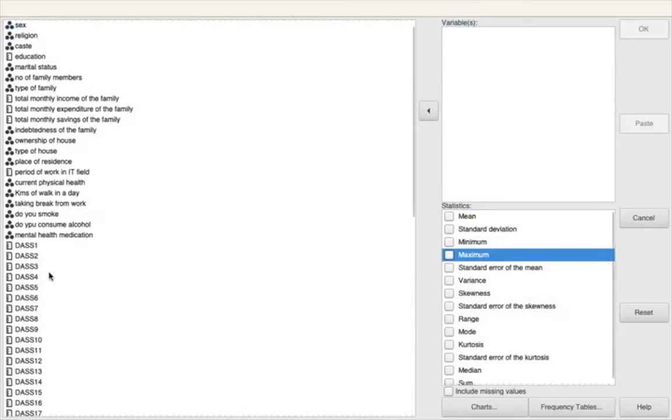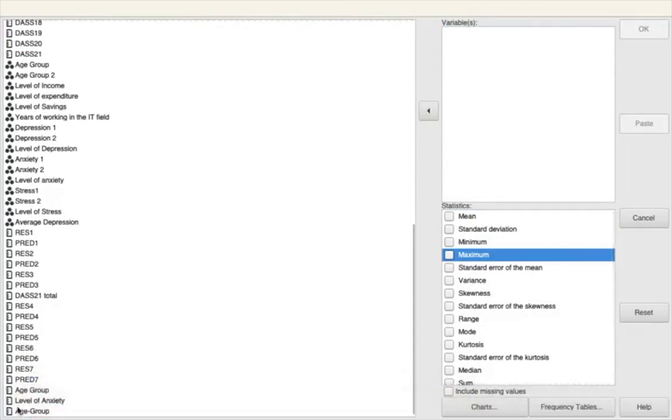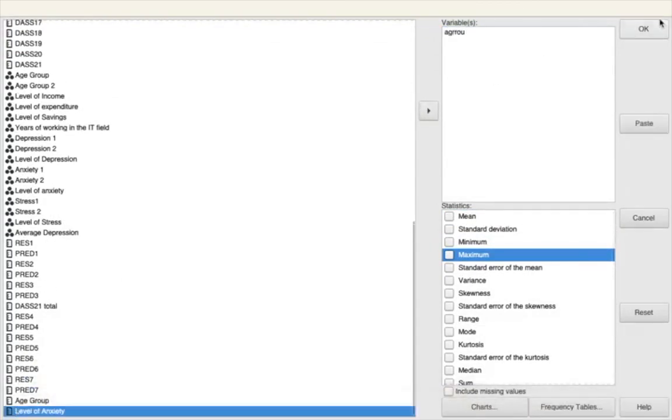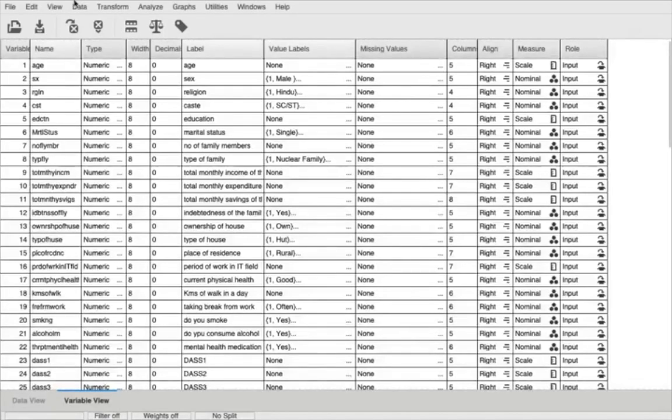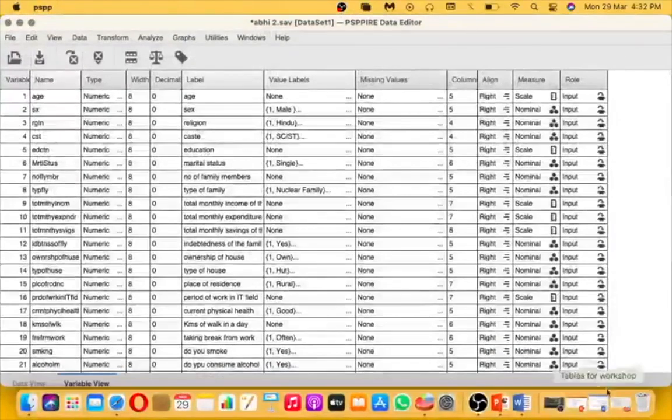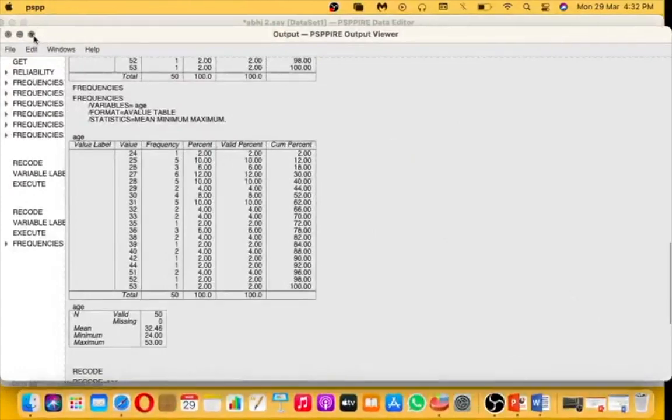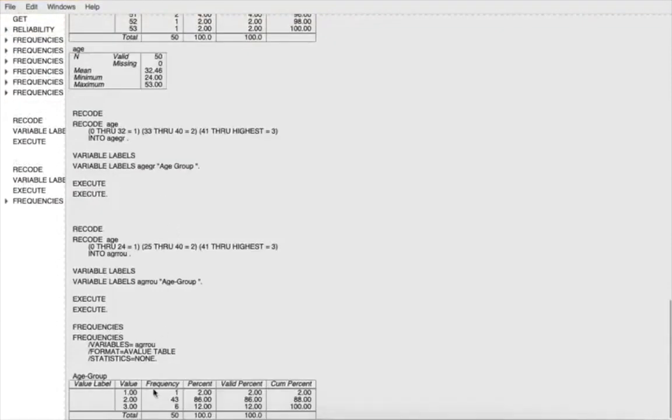I will ask you what mistake we did, you have to tell me. So age group I put it inside. Output I will show you. So this is the output. Now tell me what is the mistake we have made here. You got the data. Can anybody tell me what is the mistake we have made here so that we can rectify it?